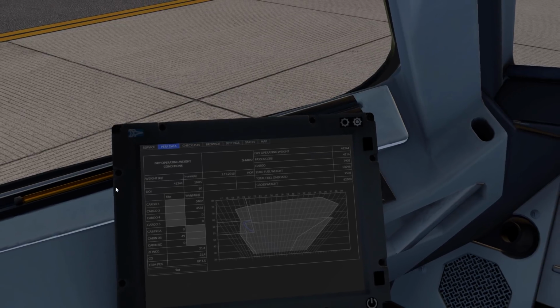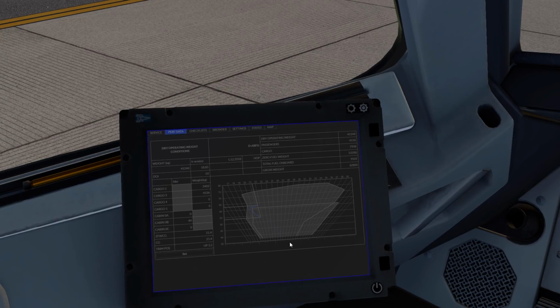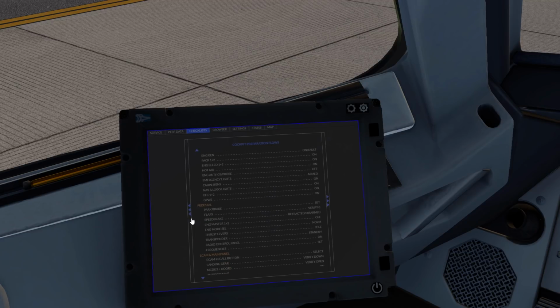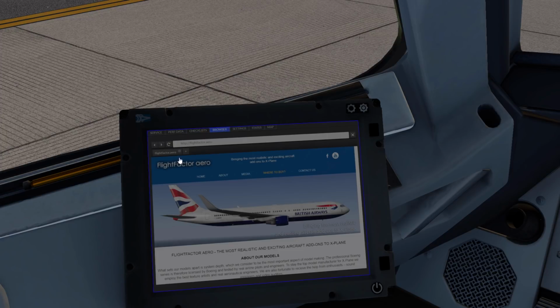I wouldn't say one is better than the other. It's just whatever you prefer. I mean, this one's definitely more formal. They have a nice little checklist here, which I haven't really gone through. I use my own checklist that I use in the real aircraft, but I'm sure you can mess around with that. What is really cool, you can access the internet